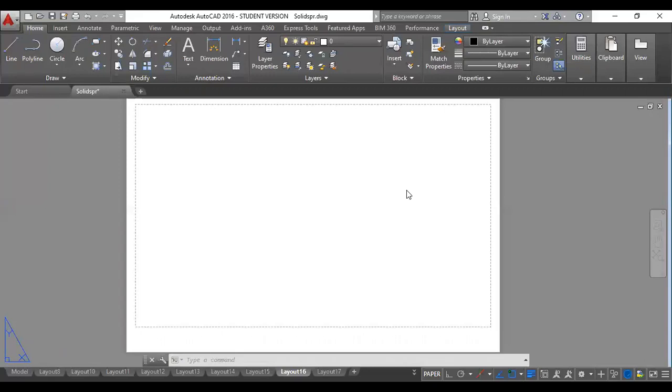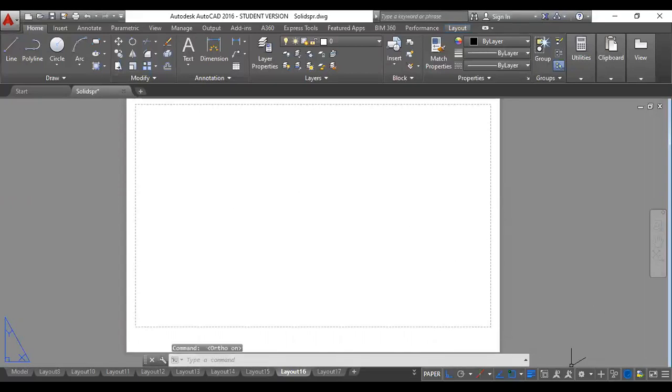Now, before you start with the isometric drawings, there are two things that should be made a note of. First thing, ortho should always be kept on. So you press F8, that is the function 8 shortcut key, to switch on the ortho. Ortho should be on, or else you can pick it from the command prompt below. So make sure ortho is on.